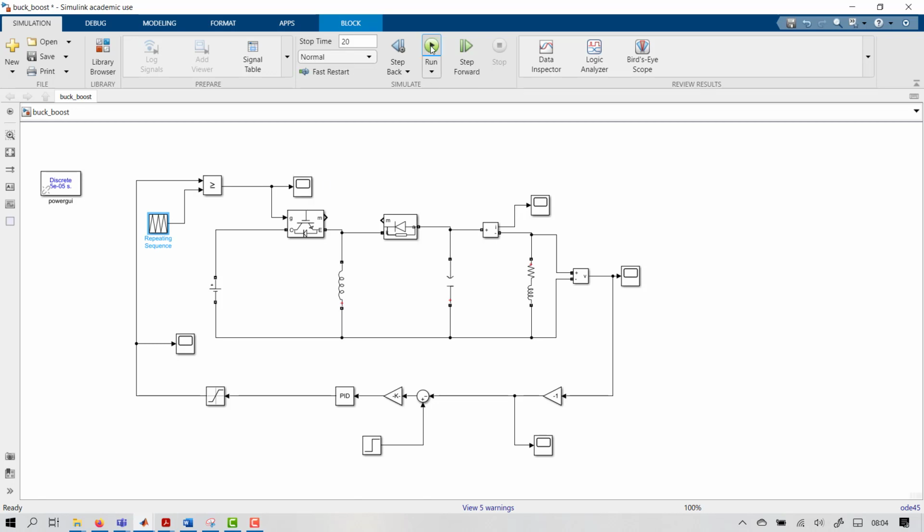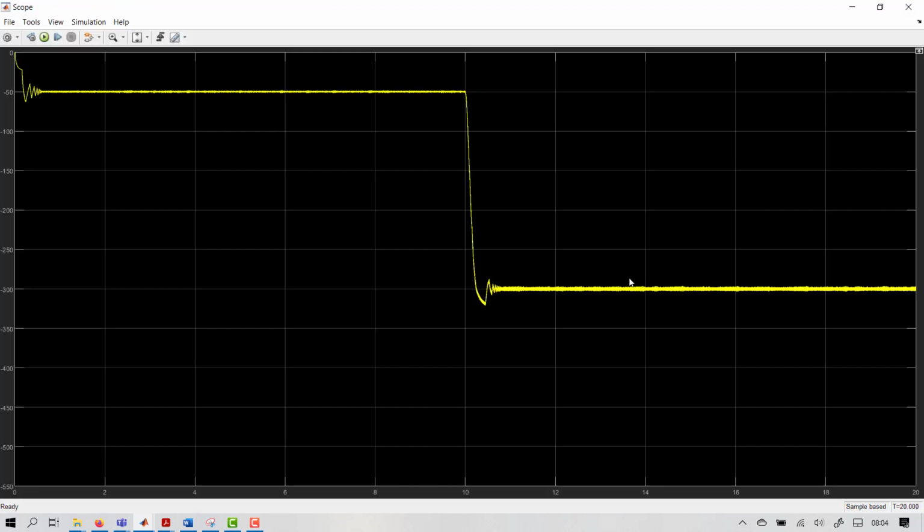Now let us run this. Once you start running this, since it is a negative voltage, you will be able to observe negative here, and I am multiplying with a negative here, so you will be able to see positive. You will be able to see both. Initially it starts from 0, these are the transient conditions. Since I have given a reference of 50, it reaches 50 after a certain time. At the 10th second I have given a reference of minus 300, so it is trying to settle down at 300.